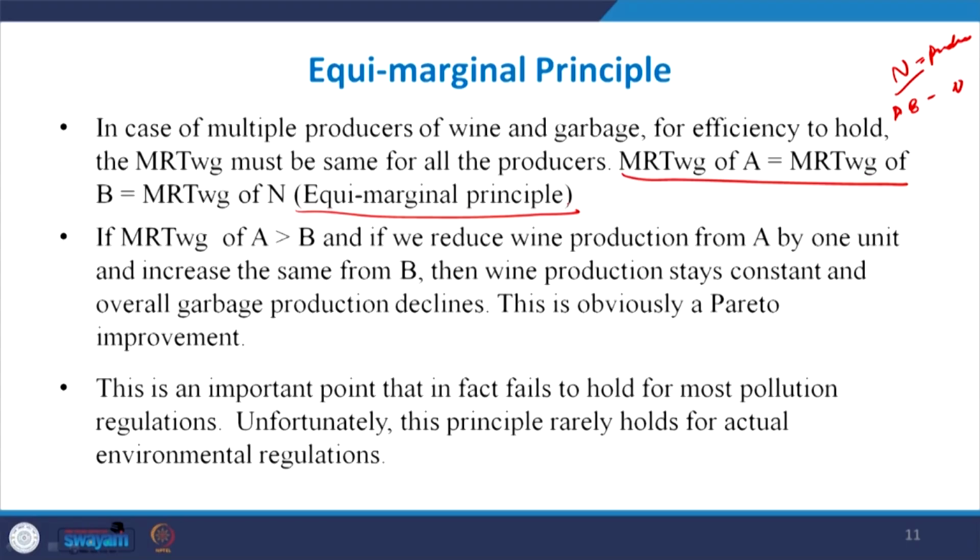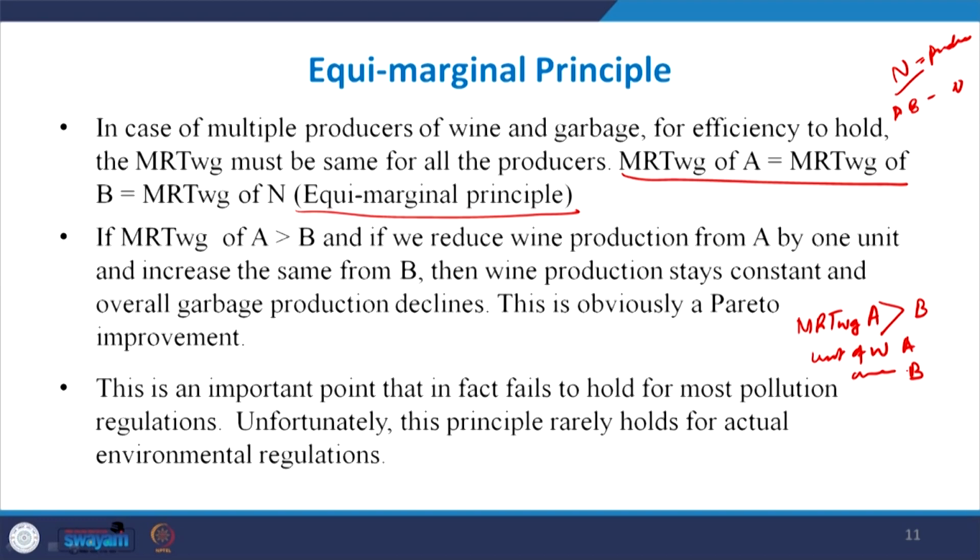For example, if MRT WG for say producer A is greater than that of producer B, what will be the result? In this case, if the production target is reallocated, suppose we reduce 1 unit of wine from A and the same 1 unit is added in B, then we can achieve the same level of output, but at a lower level of garbage. So, it clearly indicates that by reallocating the production of wine among different companies in such a manner that in all the cases